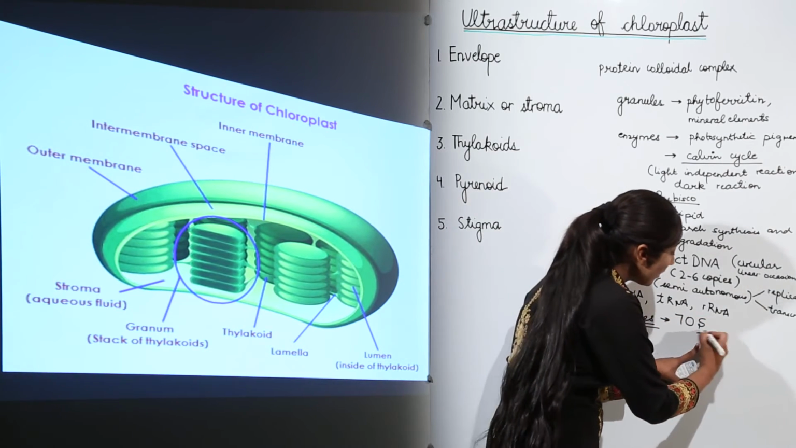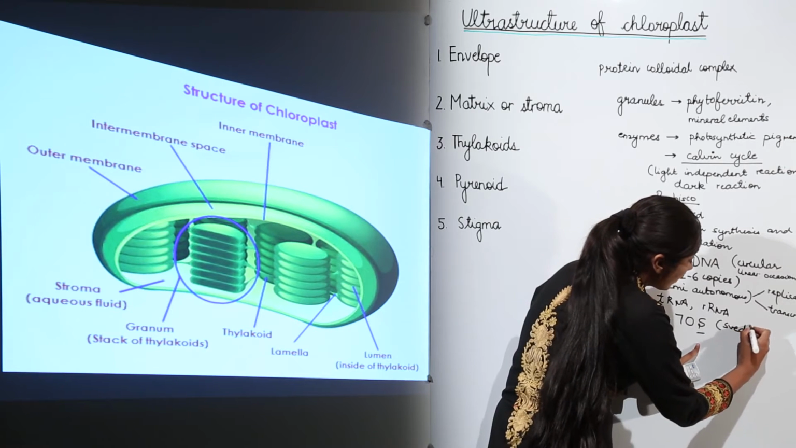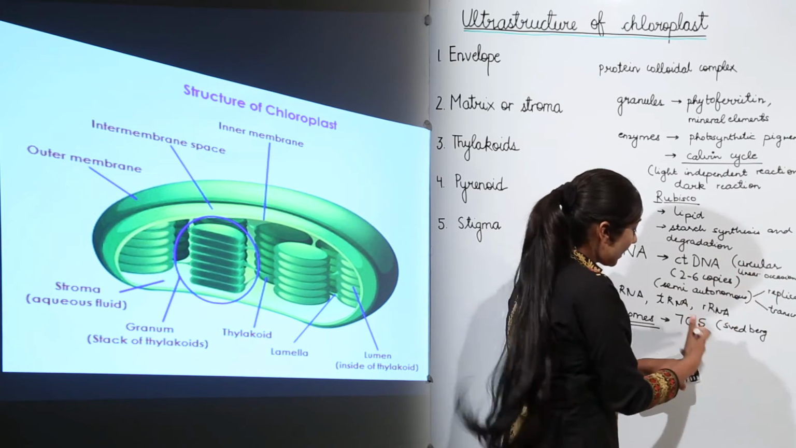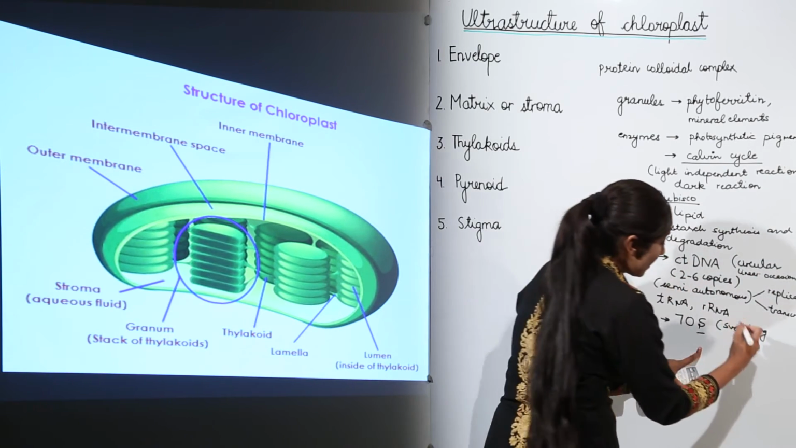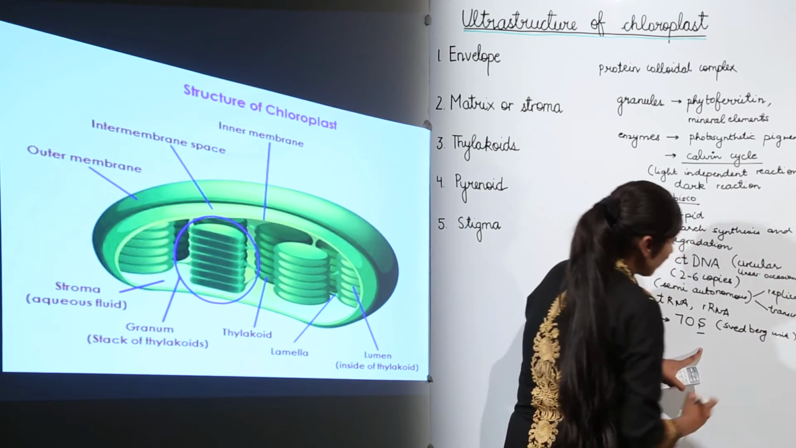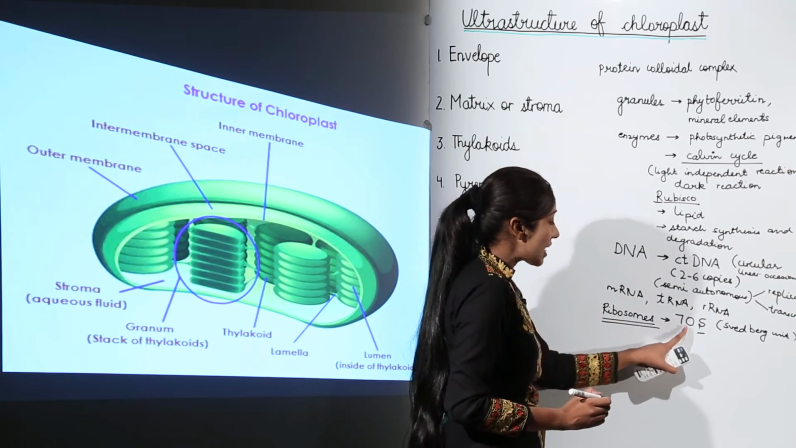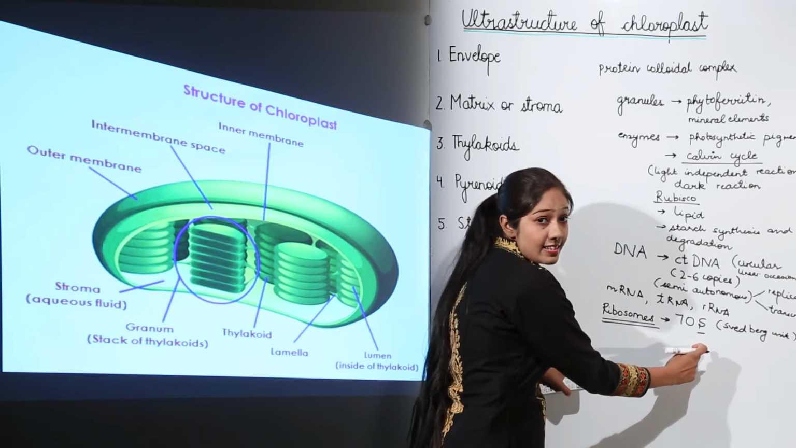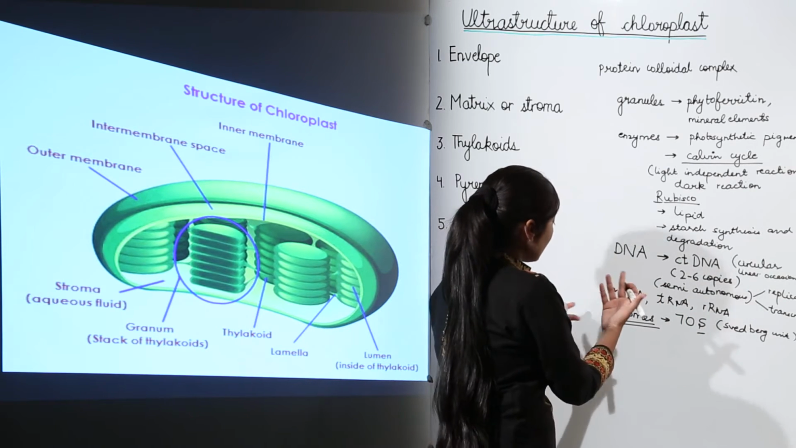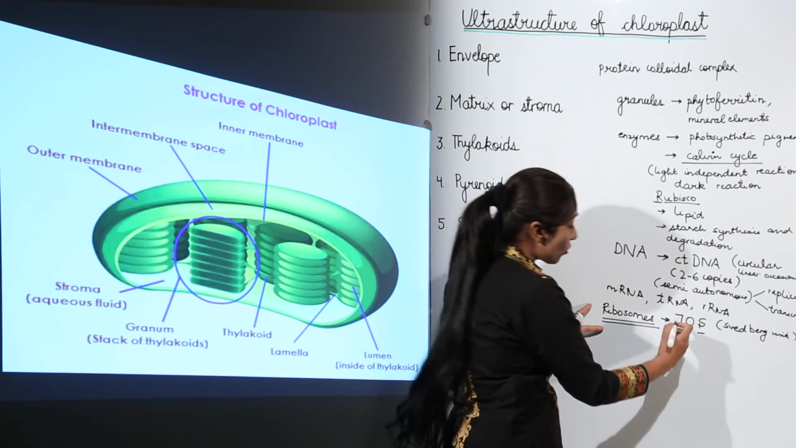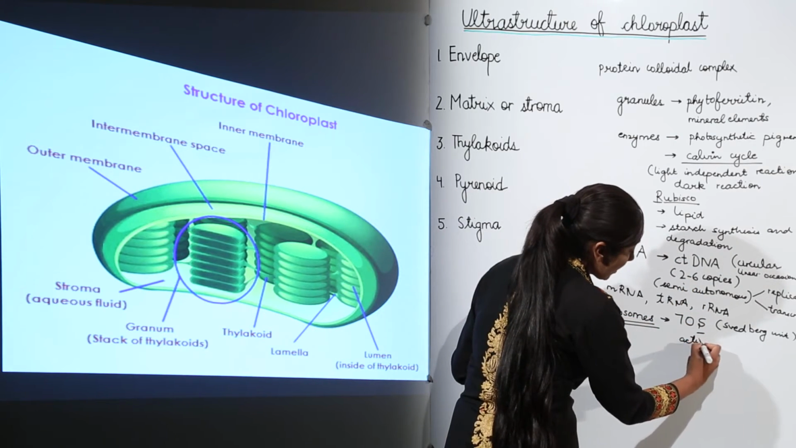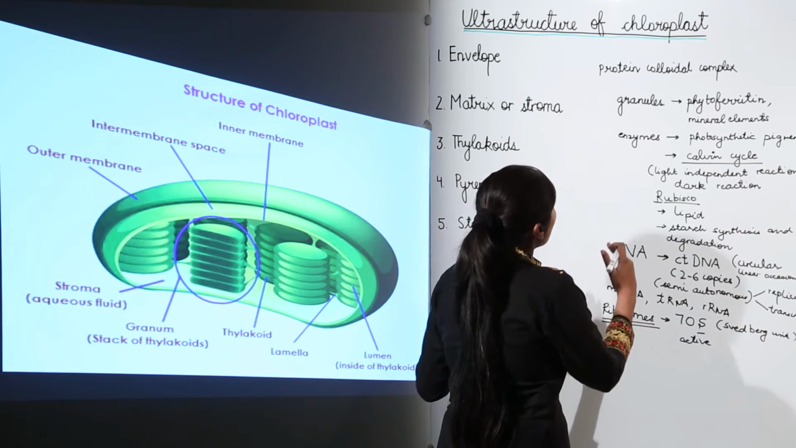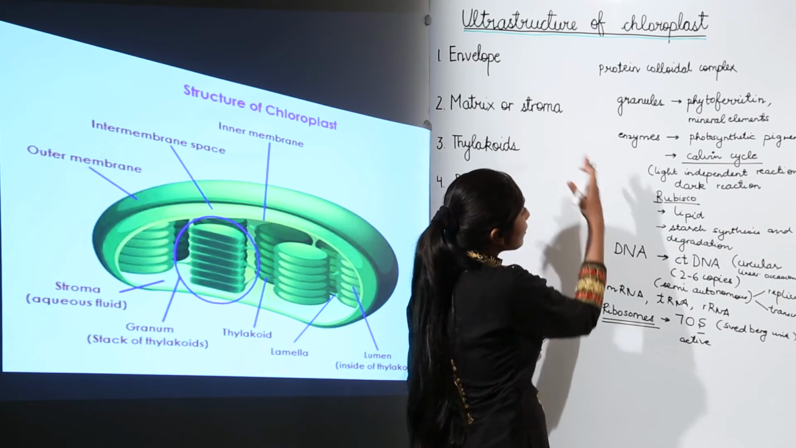Now this S means this is Swedberg unit. So based on the sedimentation coefficient, they are classified into 2, 70S and 80S. This S is Swedberg unit, right? So the type of ribosomes present in the chloroplast is 70S type. Remember these ribosomes are quite active in the chloroplast. After these ribosomes, this matrix or stroma also has